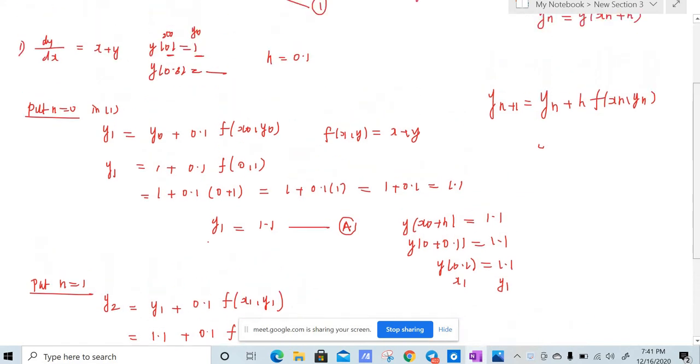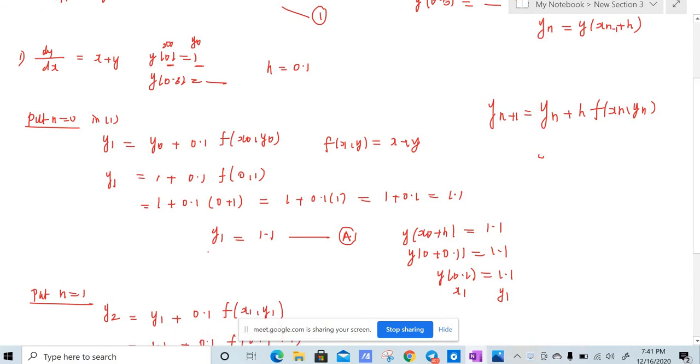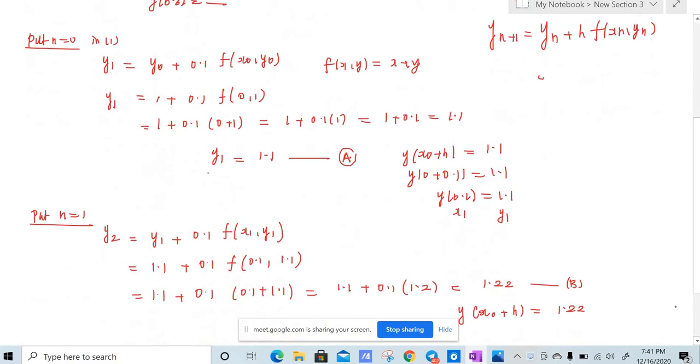Yes. So actually y_n is y of x_{n-1} plus h, right? So then only we will have y1, so it will be y_{n-1}. So n is 1, so it will be x naught plus h, right? So we just change to y of x_{n-1} plus h. And here you can see y of x_{n-1} plus h is equal to 1.2.